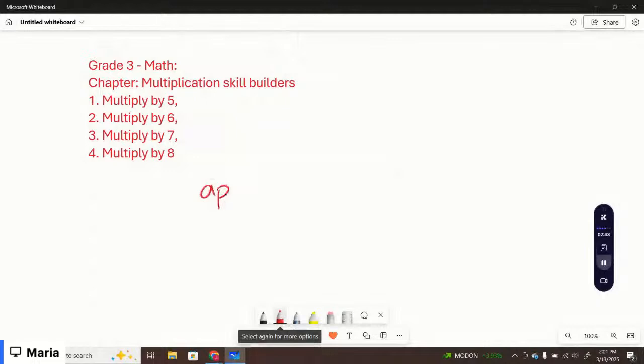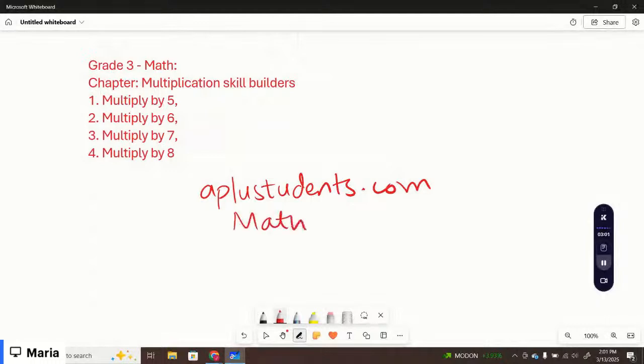You can find all the lessons on aclsstudents.com. You have to log in there using your email address and password as provided by the administrator. Then you have to select math from the subject tab. Scroll down to grade 3 math and then click on view all lessons. There you can find a list of the chapters. You're going to start with the chapter